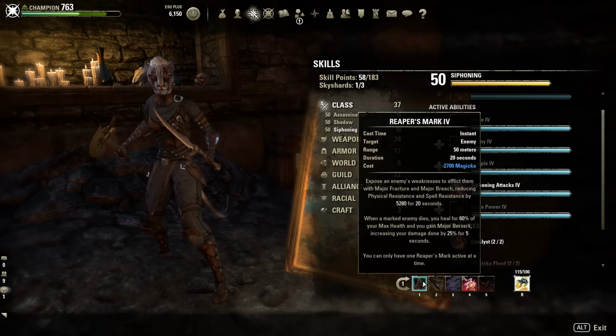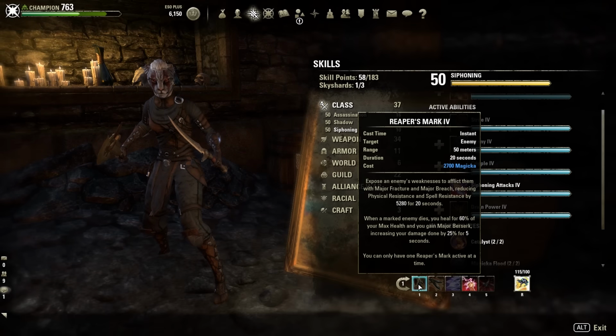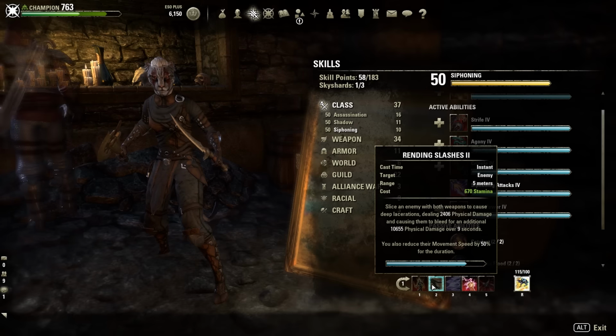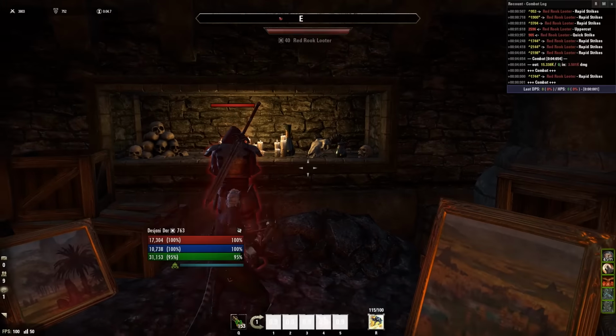Now let's get to the skills. Again, this is really only a placeholder for the extra weapon crit. You can use it on trash. You can put it on the weakest mob and then it will give you a major berserk buff for 5 seconds. Really cool. Rending Slashes, one of our dots that is empowered by